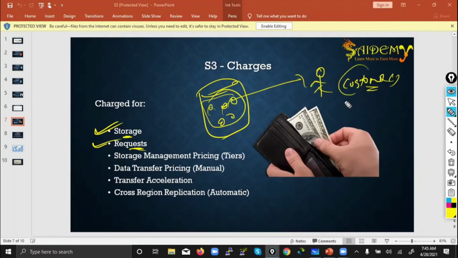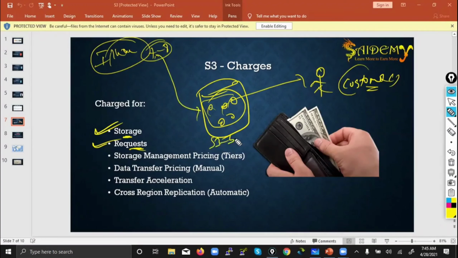Your customer. Let's take an example of Flipkart. Let's say you're buying an iPhone. Suppose there are some 7 or 8 images of the iPhone. Where are these images placed? Maybe they're placed in an S3 bucket for that website. Whenever you want to download that image,